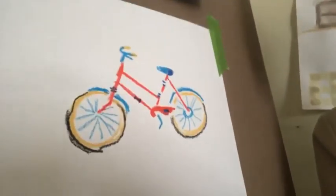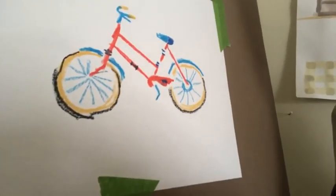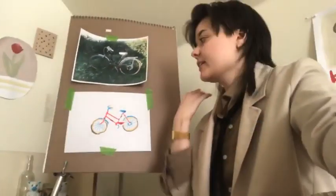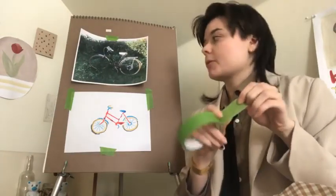Come a little closer. You can see the drawing. It's a little wiggly and wonky, but generally I tried to get a more realistic image of it. You can see the handlebars, the foot pedal, the little details on the bike itself. So what I'm going to do next, I'm going to put up another paper